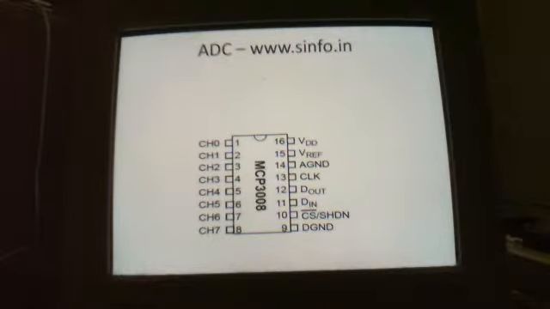In this MCP3008, channel 0, channel 1, channel 2, channel 3, up to channel 7, 8 channels are there. So in these 8 channels, you can connect 8 analog signals, sensors or any device. By using software, you can configure the control of the MCP3008 ADC, and by that way you can set the channel.